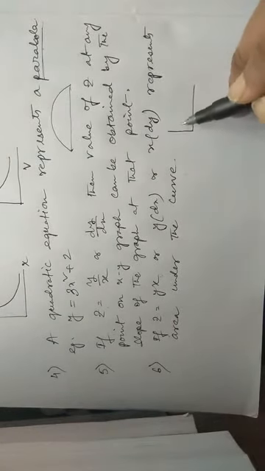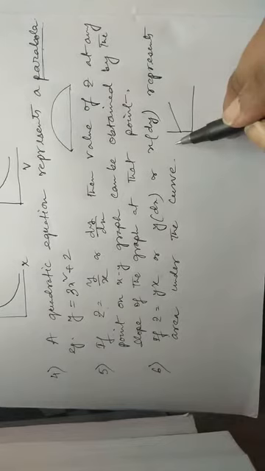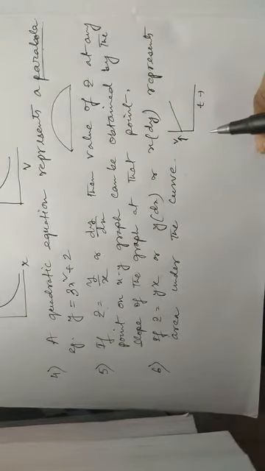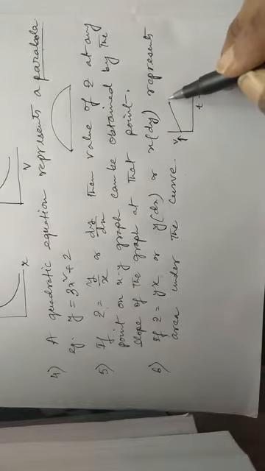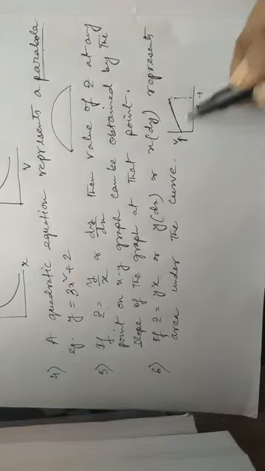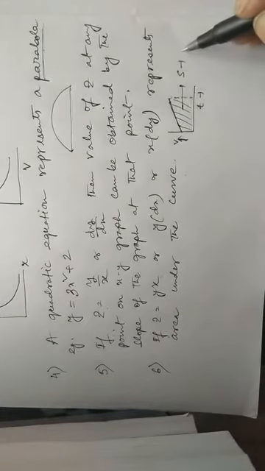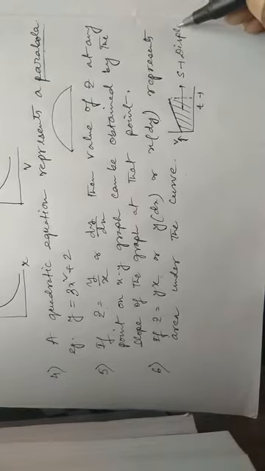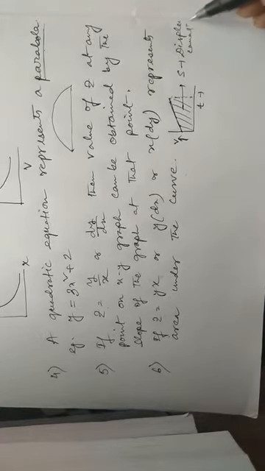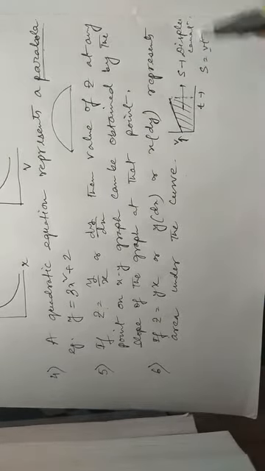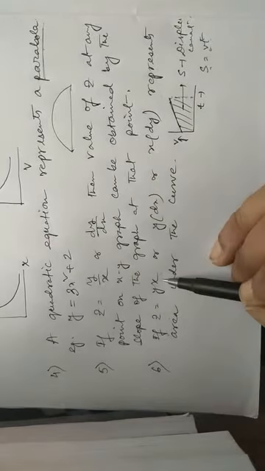Suppose this is a straight line, a v-t curve, velocity versus time graph. Now the area under this straight line, this part of the area, gives s, or rather the displacement. Here s is v into t, that means s is the z, v into t is y into x.